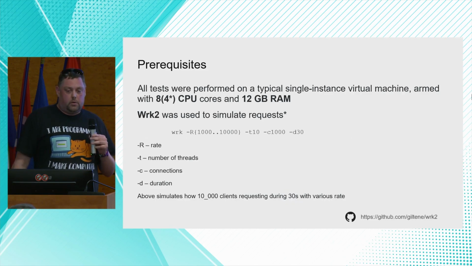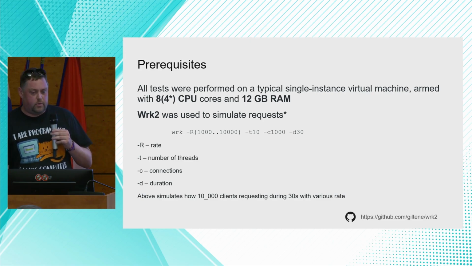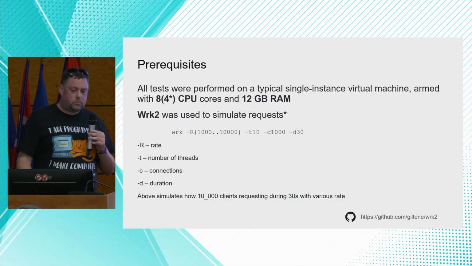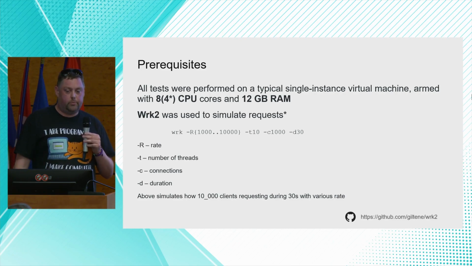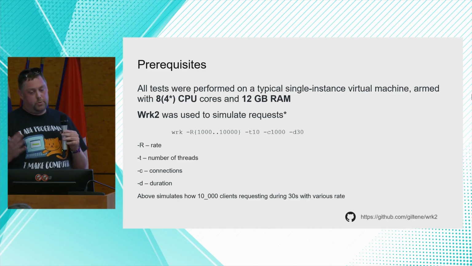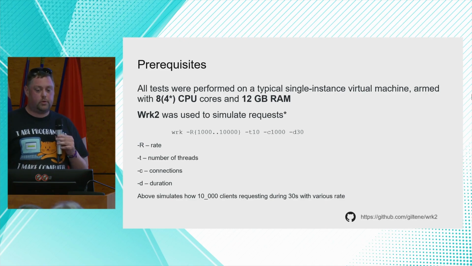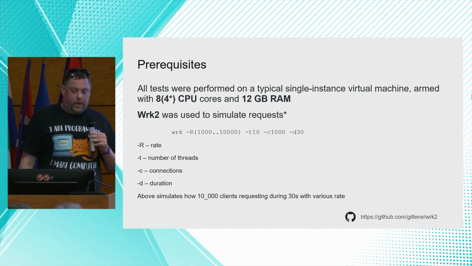So my test case is a typical virtual machine. We have a VM with 4 CPUs and 12 gigabytes of RAM. And to simulate load, I use this wrk2 tool, which allows me to specify how many clients I have, how many connections I open, for how long, and the most important, the rate, which in my case is usually